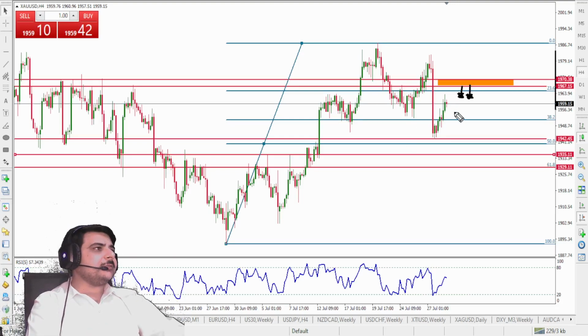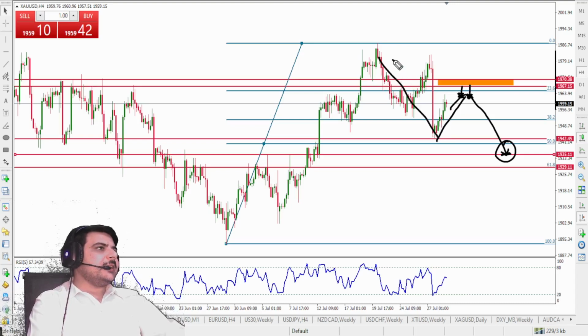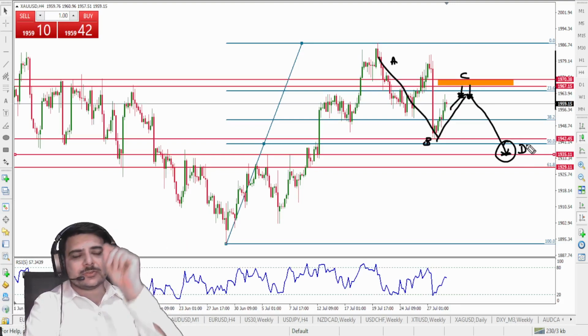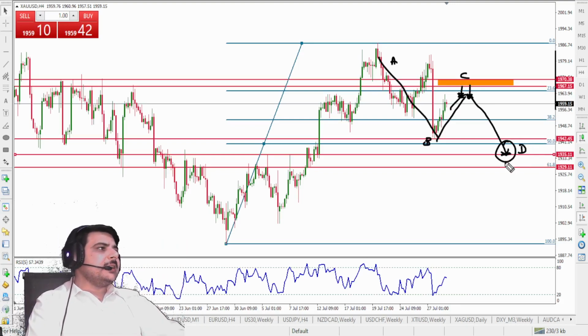other impulsive wave. So this can be one trade opportunity with us that will complete near 1935 approximately, and this will look something like this. And in a bullish market, we will get a bearish ABCD pattern, and I have seen it so many times it happens. And somewhere right here, then we will be taking a buy trade.